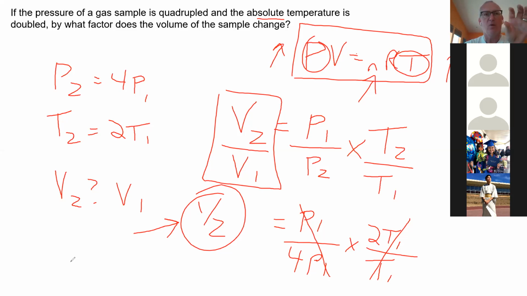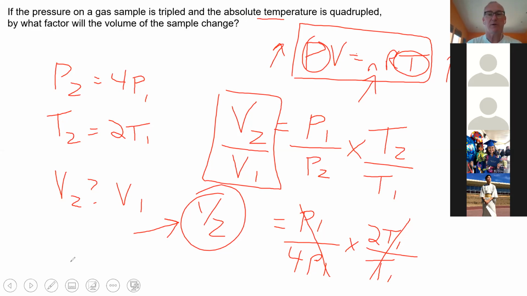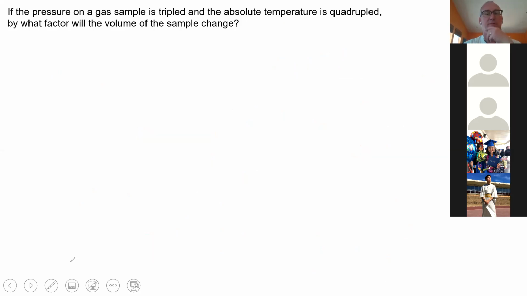You just need to know what's the effect of that change. Is it direct or is it inversely related? That's really all you need to know, and that you can figure out from good old PV equals nRT. So you can see that this next one is basically the same question, although the pressure's tripled and the temperature's quadrupled, so you can figure out what effect that would have. And then what about